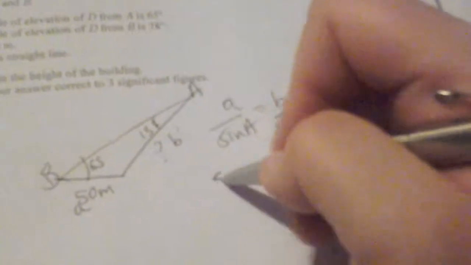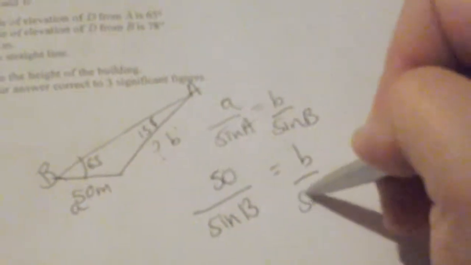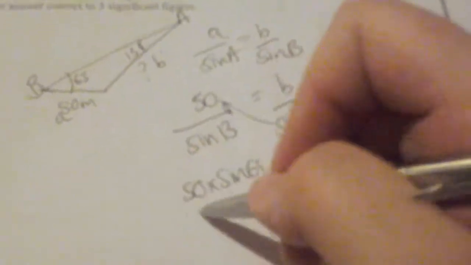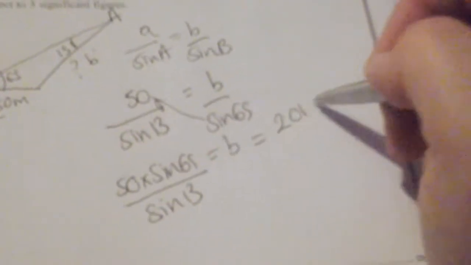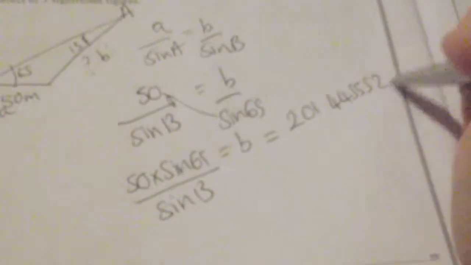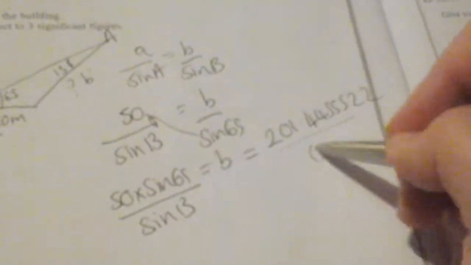So 50 over sine 13 is B over sine 65. So B is 50 times sine 65, multiplying this up here, divided by sine 13. And all I'm going to do is type that on a calculator and work it out. So altogether, that's 201.4455522. Now I'm going to just keep that in my calculator as answer and use that later on. But I now know, back up here, that this length is